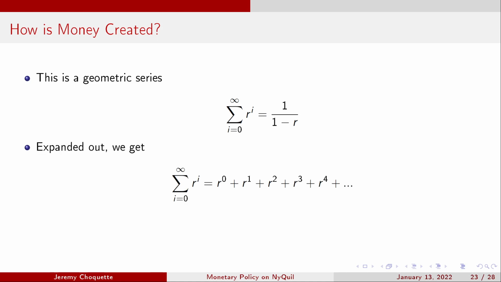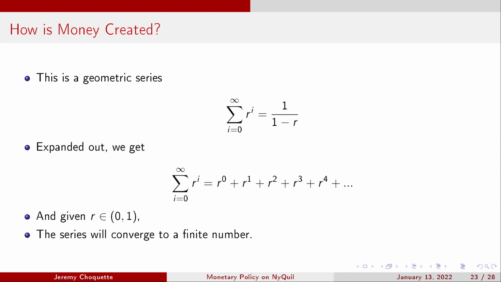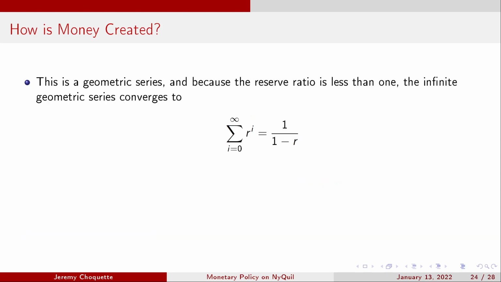It's actually quite nice. This geometric series converges to 1 over 1 minus r, where r is the fraction of the deposit that can be lent out. Now, if we were to expand out this sum, from i goes to 0 to infinity of r to the power of i, we would get r to the power of 0 plus r to the first power plus r to the second power plus r to the third, on and on forever. Well, if r is greater than 0 but less than 1, this series converges to a finite number that is 1 over 1 minus r,